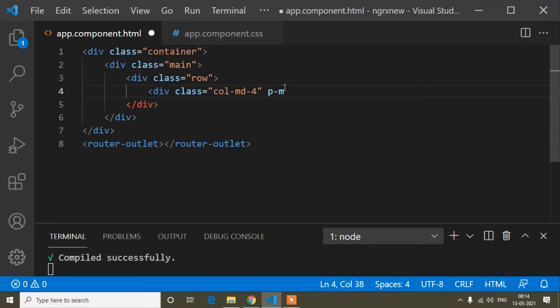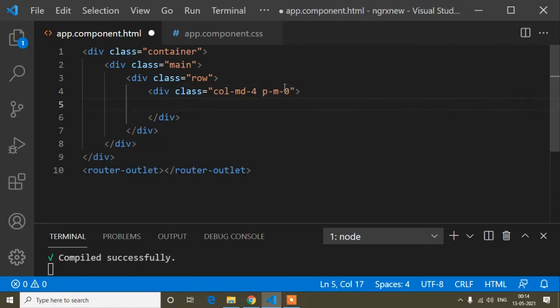Now here I will write pm0. This is also a class, a normal CSS class, and I will define the CSS after that. First I have just written the class name, and after that I will define everything in the CSS file. In the pm0 class I will write padding and margin 0, so that's why pm0, but you can write any name for this class.